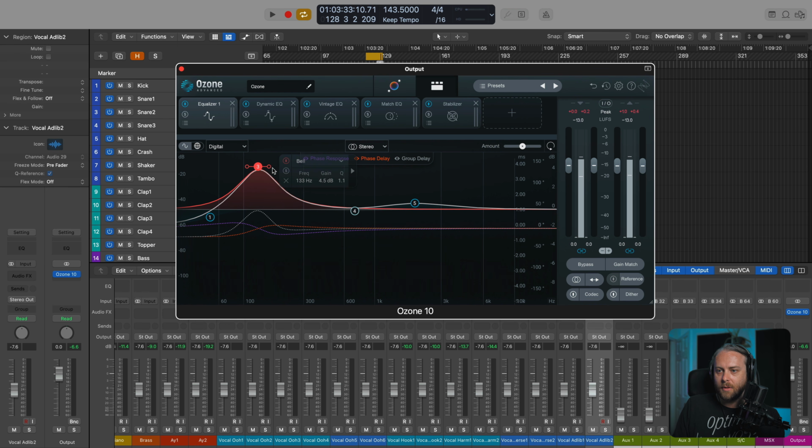So what you can do in digital is get a look at what's happening with the phase, go over here and change from 0 to 100%. And this is very important if you're doing a lot of spiky, heavy boosts and cuts and things like that. You're going to mess, or you could mess with phase, you could introduce ringing, all that stuff. This is a really interesting way to get a bit of a handle and to see what's happening with the phase relationship of your EQ work.